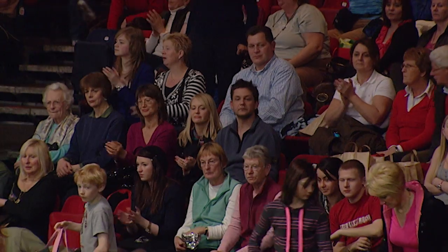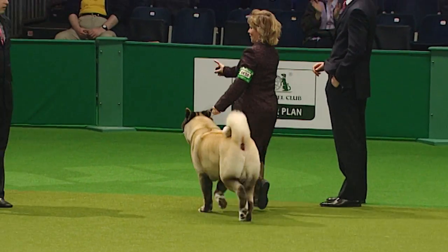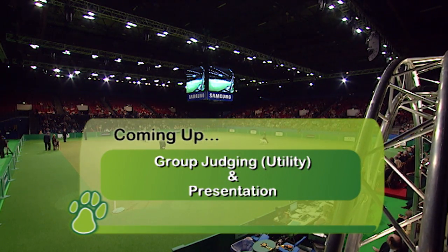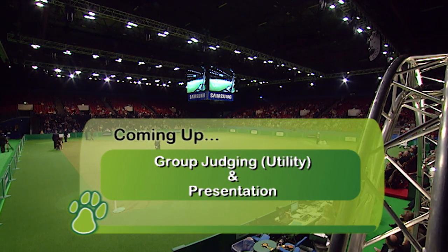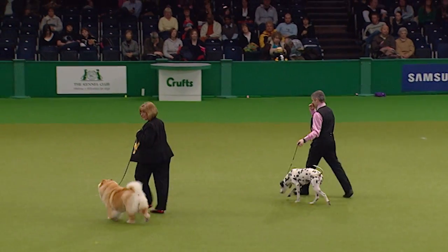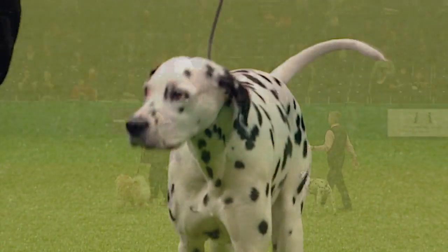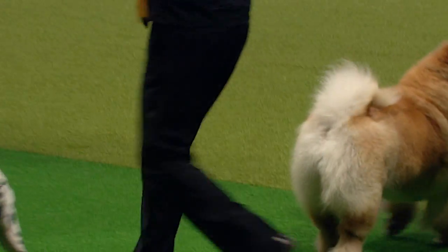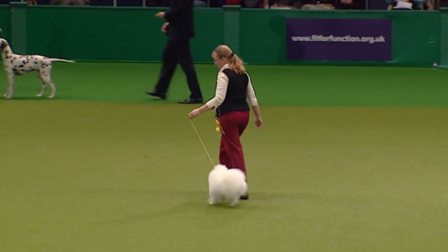I now ask you to welcome our best of breeds into the ring, led off by the Akita, the Boston Terrier, and the Bulldog. The Canaan Dog, the Chow Chow, the Dalmatian, the French Bulldog, the German Spitz Klein, the German Spitz Mittel, the Japanese Akita Inu, the Japanese Shiba Inu, the Japanese Spitz,